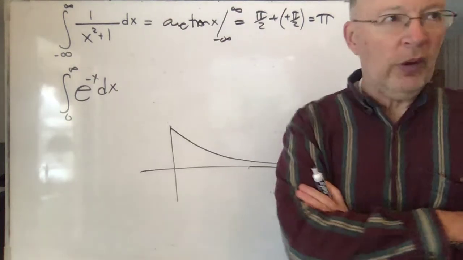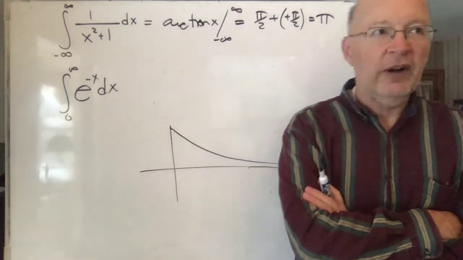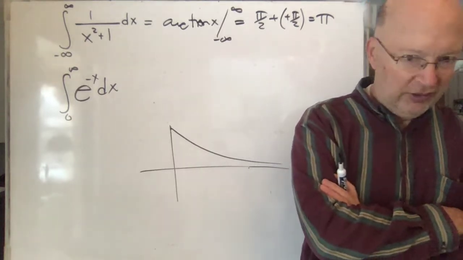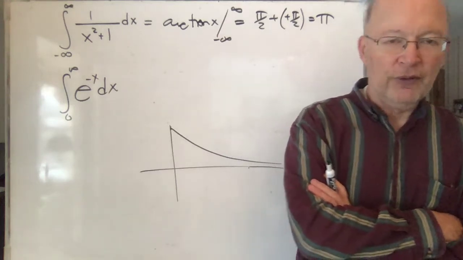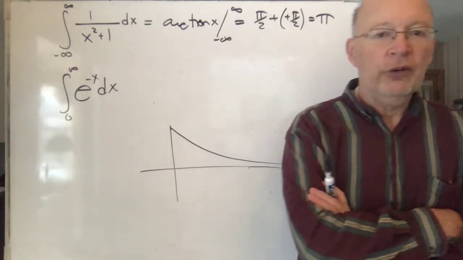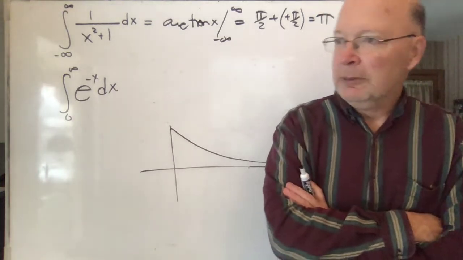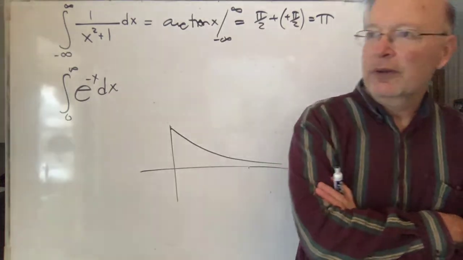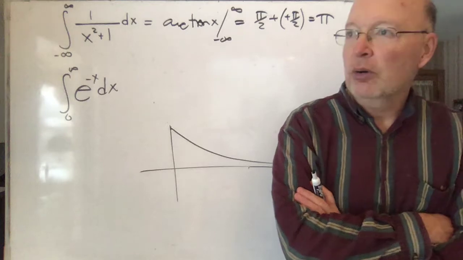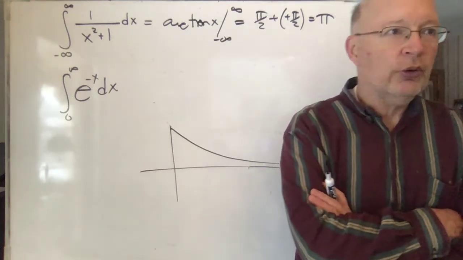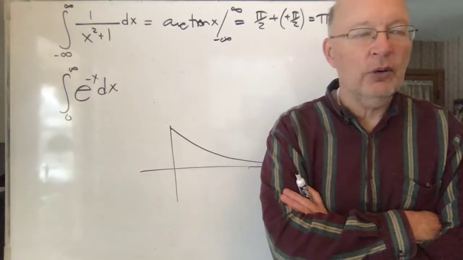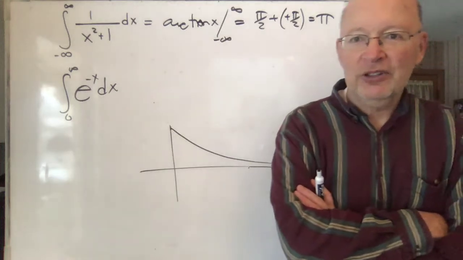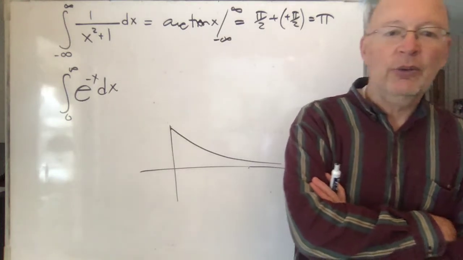There are always 2 questions to ask. One is, does it converge to a finite number or does it diverge? And the second is, if it does converge to a finite number, what is that number? Sometimes all you can ever answer is the first one, and sometimes that's enough, just to know whether it converges or diverges. I'm talking about real life problems too. Sometimes all they want to know is, is this thing going to blow up? Is this nuclear reactor going to stay contained, or are there situations where it's going to blow up, or where the space shuttle is going to go wobbling off crazy or whatever else?